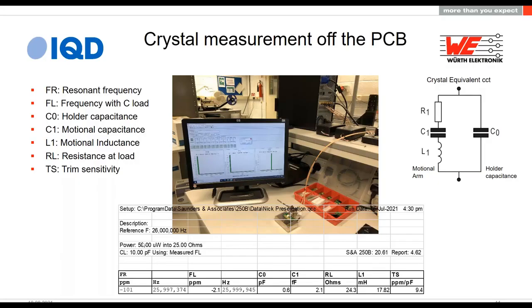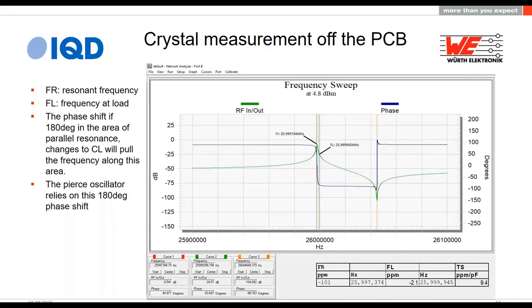And more importantly, we've now got a set of measurements we can use in the rest of our technique to look at how the crystal behaves. So I think that if you don't work in my industry and you don't look at crystals every day, perhaps those numbers are a little bit alien for you. And I tried to think of how I could give you some visual representation of what they mean. So here I'm using the same instrument and I'm using it in a more conventional network